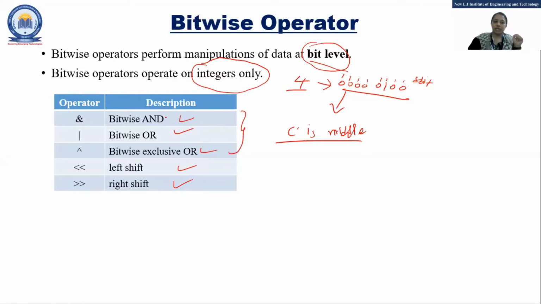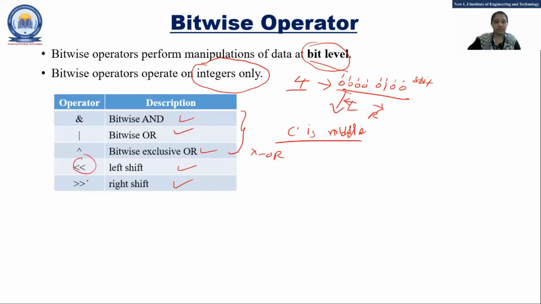AND means it will do the AND operation. You know the truth table of AND, also OR, and exclusive OR, that is nothing but XOR. Now shift left and shift right, that means whatever the bits are, they will be shifted to the left side or to the right side. This is the meaning of this.